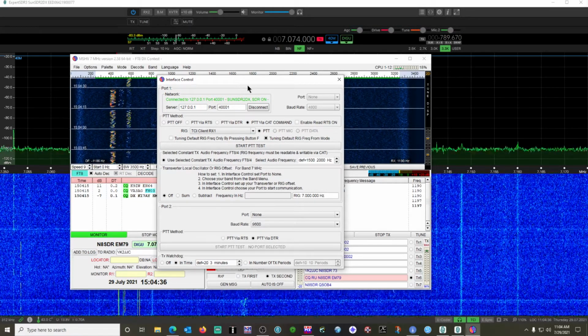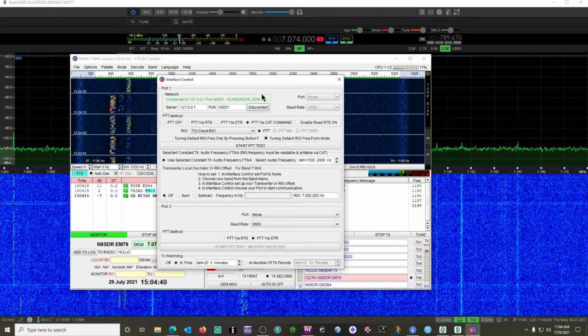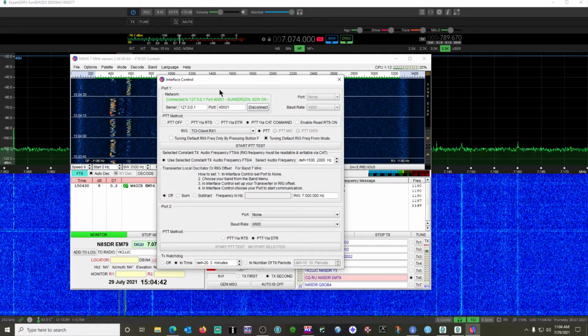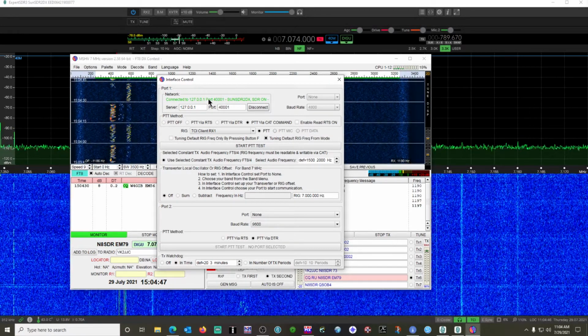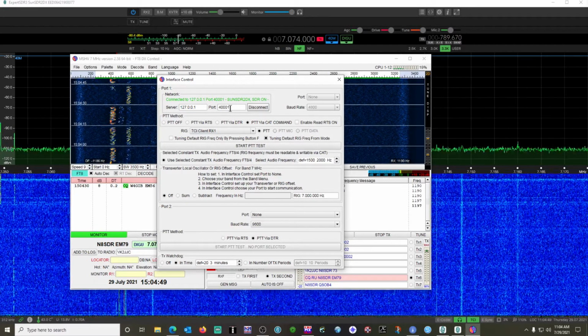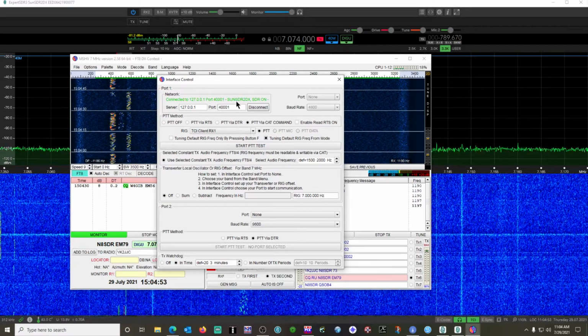Makes it nice and easy. They're all using the same port number. I'm not running them side by side, version 2 and version 3 at the same time, so this seems to work out for me. If you haven't changed the default port, this would be 50001 in version 3 if you've not changed the default